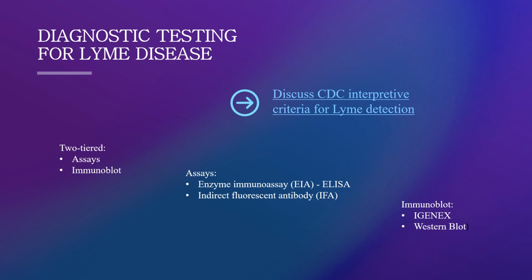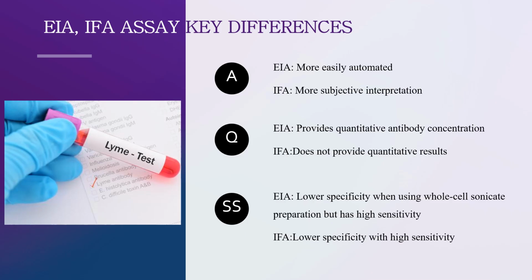These are followed by the confirmation of positive or equivocal results by a second-tier immunoblot, like the Western blot, for example, which is very well known. Usually, the ELISA is the first tier that's used, and the Western blot is the second tier that's used for confirmation. But if we go to the next slide, we'll see the differences between the first tier